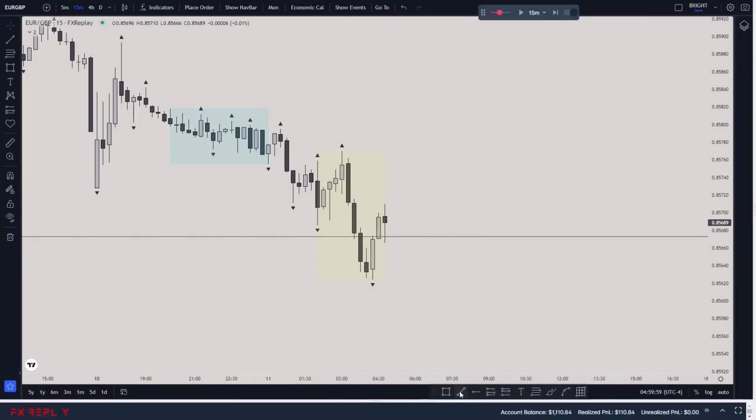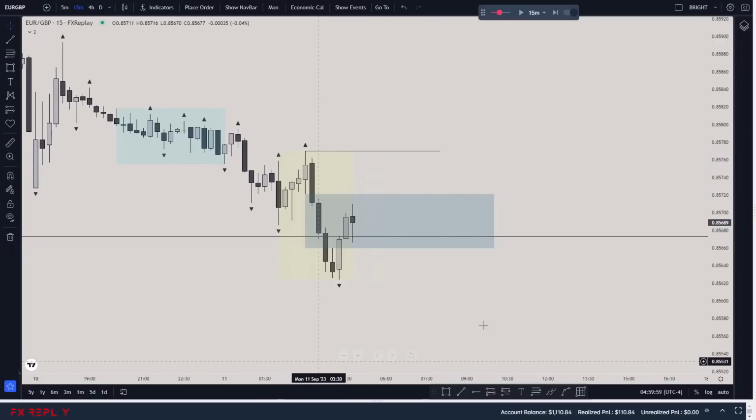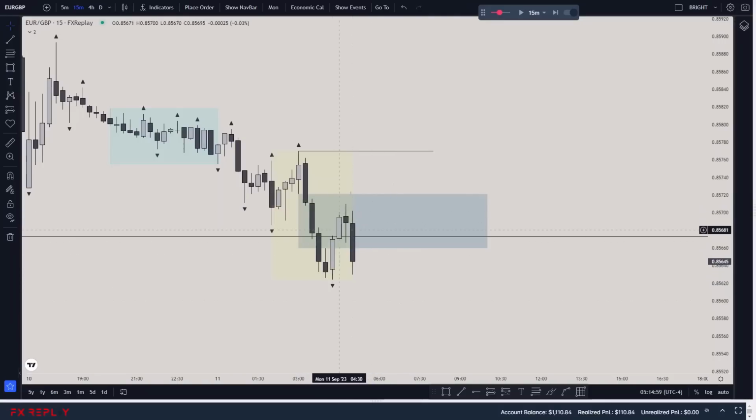Here's the thing, the change of character is all the way right here, right? Now another one is this. We have a small fair value gap here, another fair value gap here, and another fair value gap here. So closing above this is an early indication of a market structure shift. We don't have it yet. There's nothing yet. So yeah, and price, you see, reacted from here,